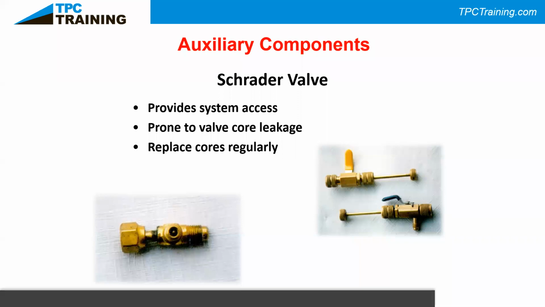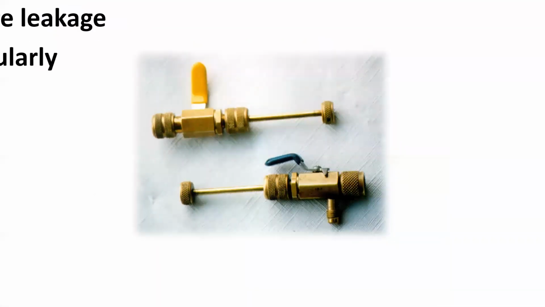So if you're out on a call and you get a system that has a Schrader leaking, here's an example of a Schrader removal tool. We can go ahead and remove the Schrader without having to release the entire refrigerant charge. What we're going to do is push this stem in, and that stem is going to allow us to push in the system here. And on this end right here is where we're going to have our Schrader valve. Turning the Schrader valve to the left will loosen it. We'll be able to have the refrigerant pressure push it back, as you see the handle extended here. And then we can lock off this handle here, and we can move this and remove the Schrader